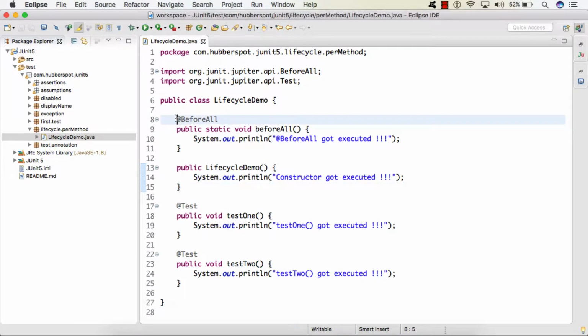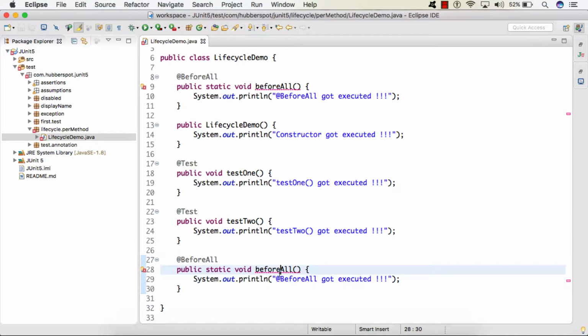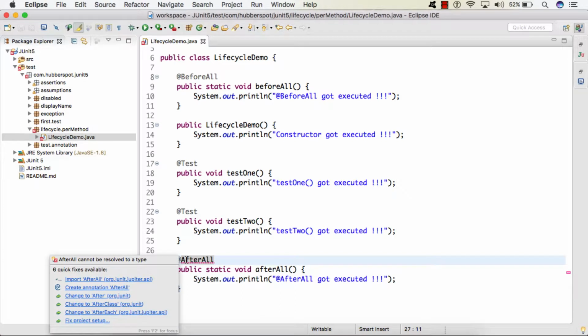And similarly, I will create one more static method just at the very end. We'll give it the name afterAll, and we'll use the annotation @AfterAll over this method. We'll import it.